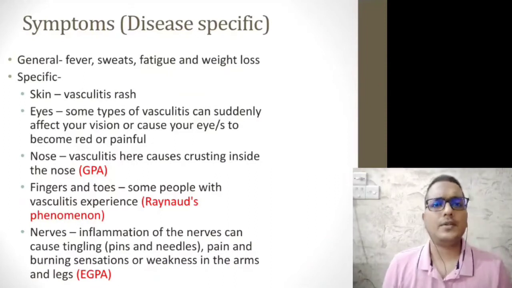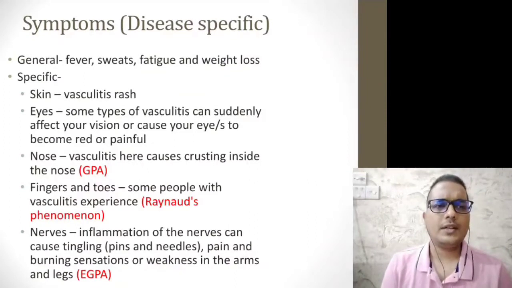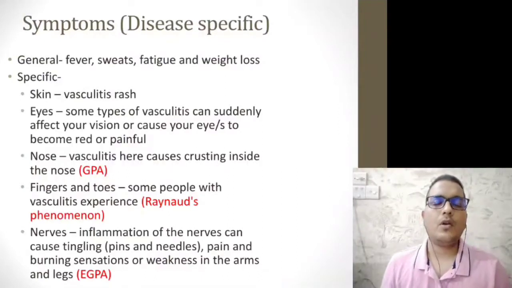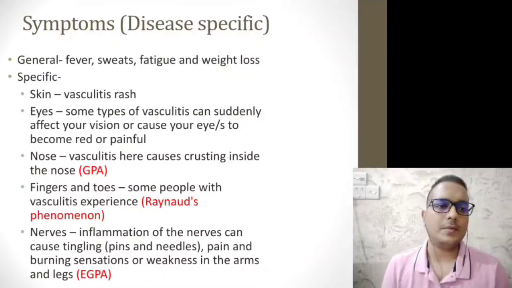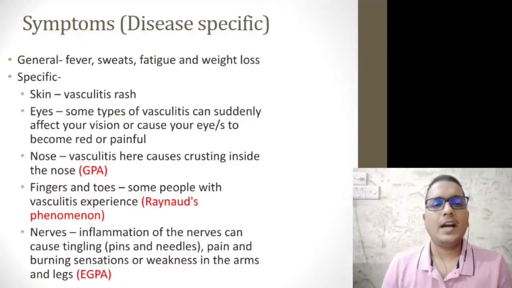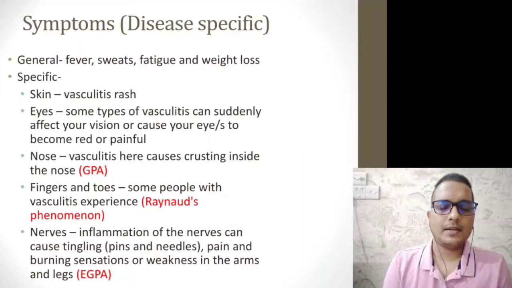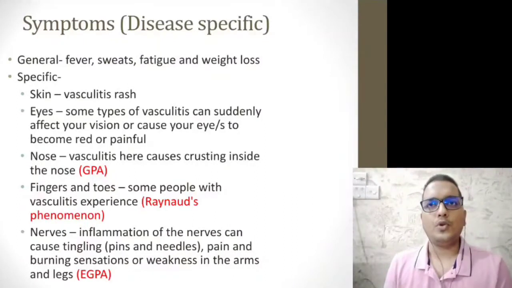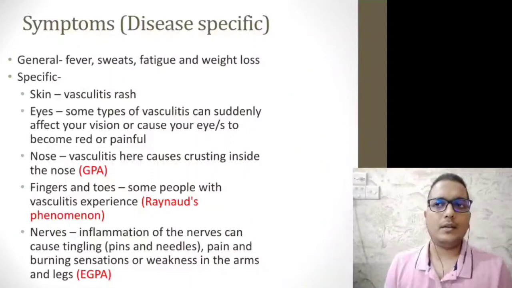So now we come towards the general symptoms. Generally all the inflammatory diseases produce fever, fatigue, weight loss, anorexia. So these are the general symptoms. In all the vasculitis, we will find these general symptoms. So what are the other specific symptoms? We need to learn about the specific symptoms. I have put together all the symptoms that vasculitis can produce in this part of the discussion. I think it is important to memorize all these symptoms and just pick the symptoms for every disease. That would be a very easy way to approach or diagnose a patient or to answer a question in